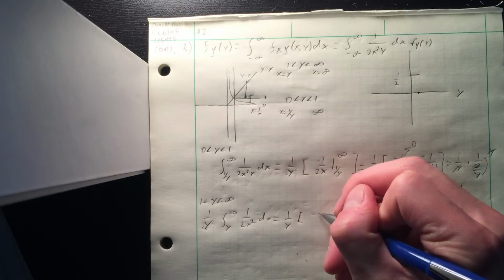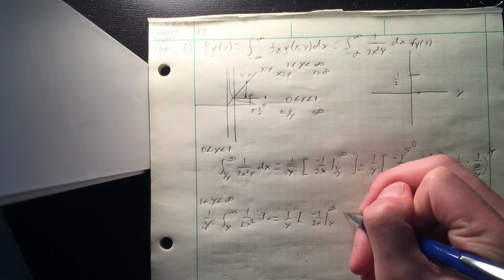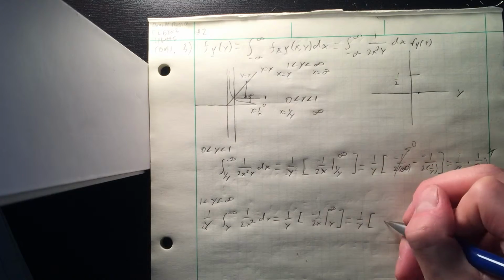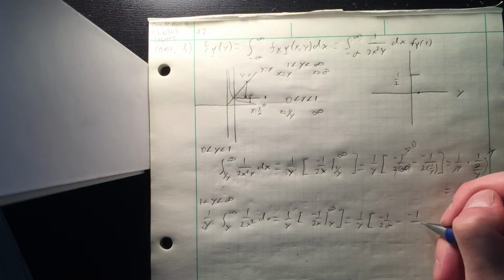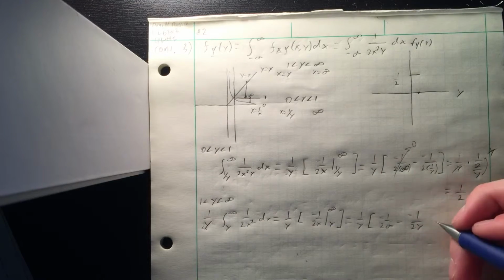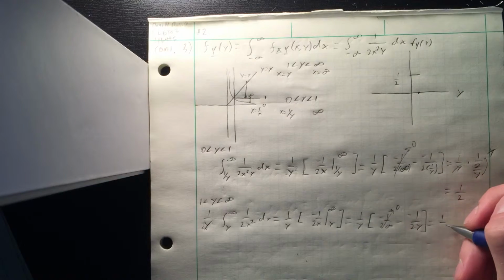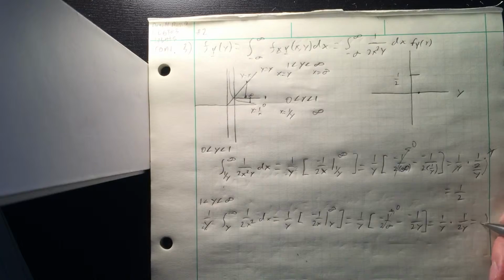Similar process. 1 over y multiplied by 1 over 2 times infinity minus negative 1 over 2y. Well, that goes to 0. Those negatives cancel, and we're left with 1 over y multiplied by 1 over 2y,